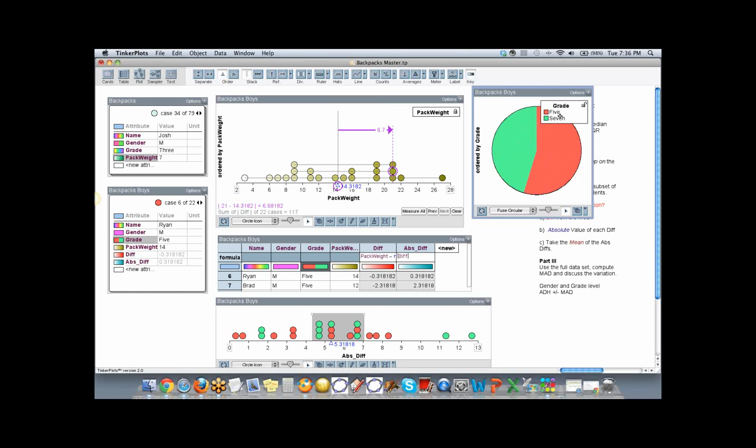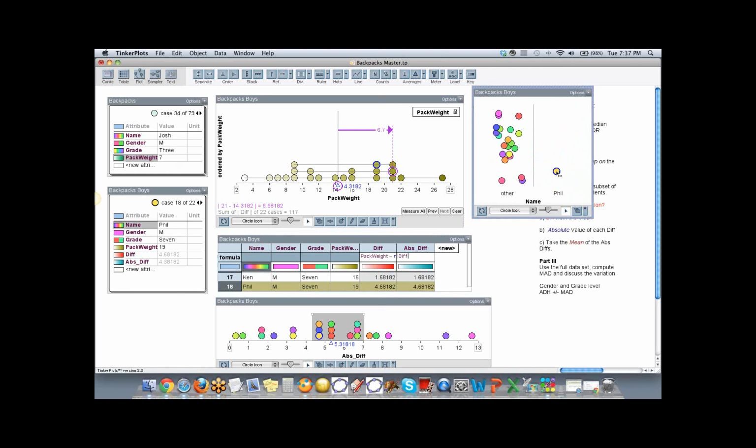And here's where you would want to turn your key on to see what your colors are. But categorical data is going to be color-coded with distinct colors. If I mix this up and click on name, you'll see all sorts of different colors because name is also categorical data. Everybody's name is distinct, but they're categories. And gender is also, but we don't have any boys. We'd have to go back up to the original data set.